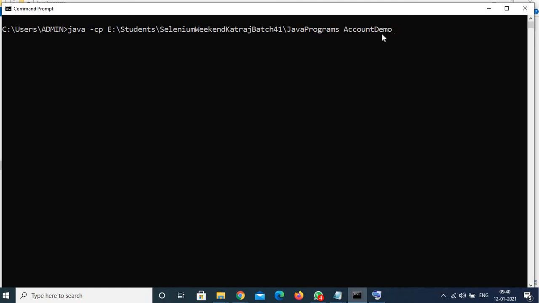Now it will get the class file, read the bytecode, fetch the instruction set of the processor, and convert your bytecode into the native instruction set which your execution machine has.